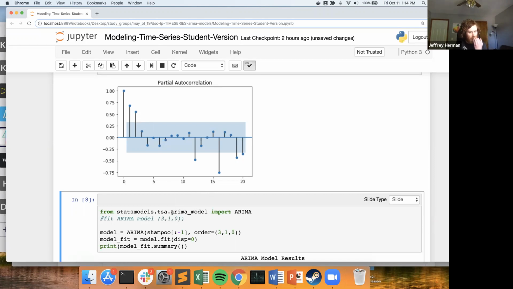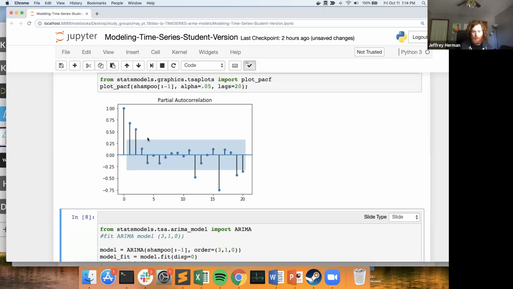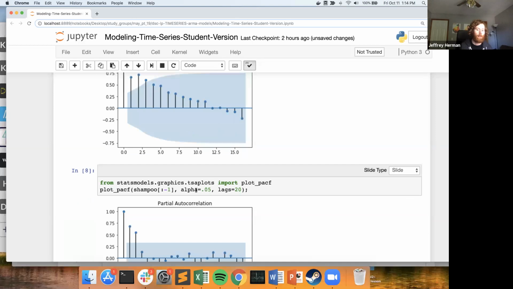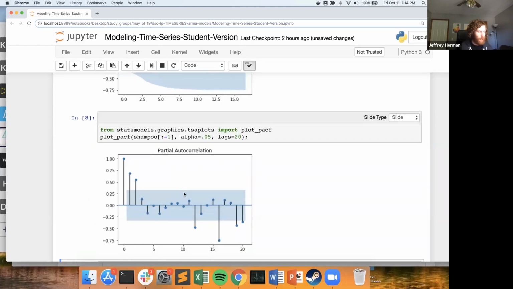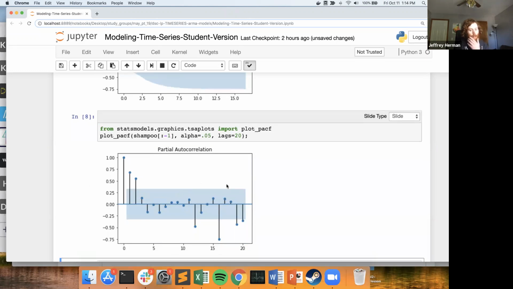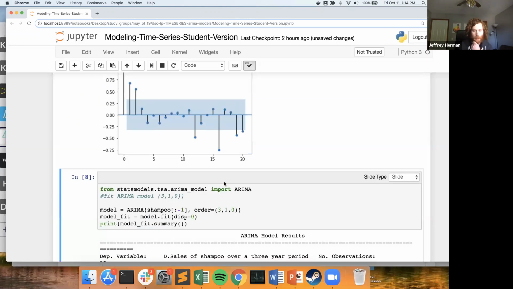And these are all parameters that you need to tune. You can use the autocorrelation and partial autocorrelation as a way to guesstimate where they might be, but you'll still want to tune these parameters and figure out what the optimal parameters are. So if we run this,